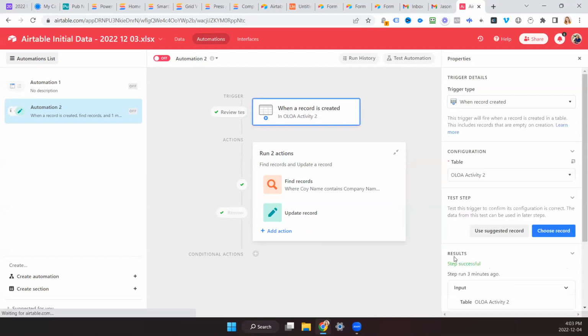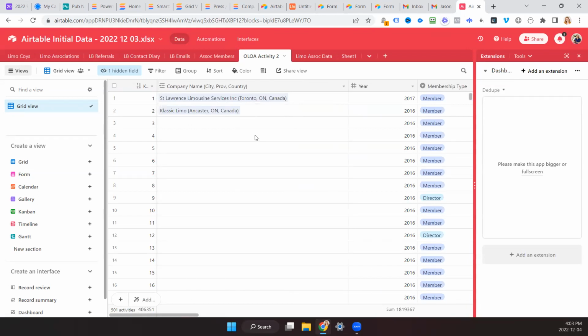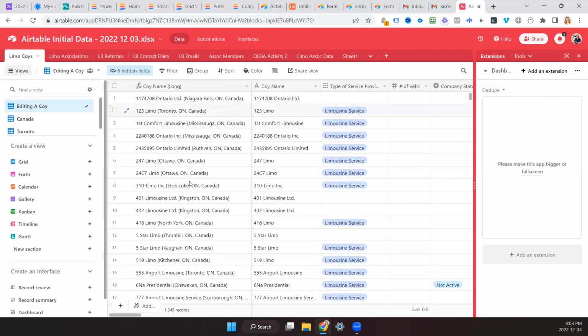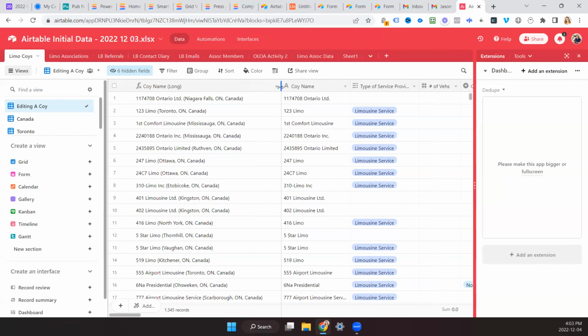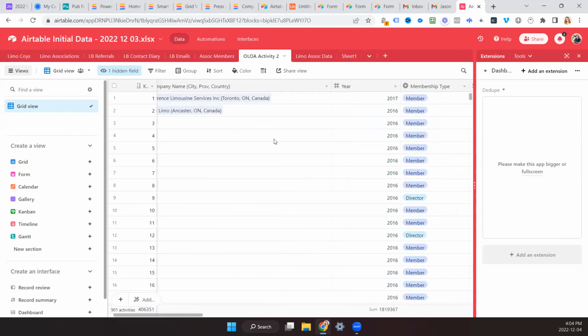And then once we build out the long name though, can I save it and then make it the long name like all the other tables, where I'd be just working with the one with the company name with the city, province, and country in it? I don't think I asked that question correctly. Is it limo companies you're talking about? Right now I have the long name, and then I just have the company name in my OLOA data. I want the same thing.